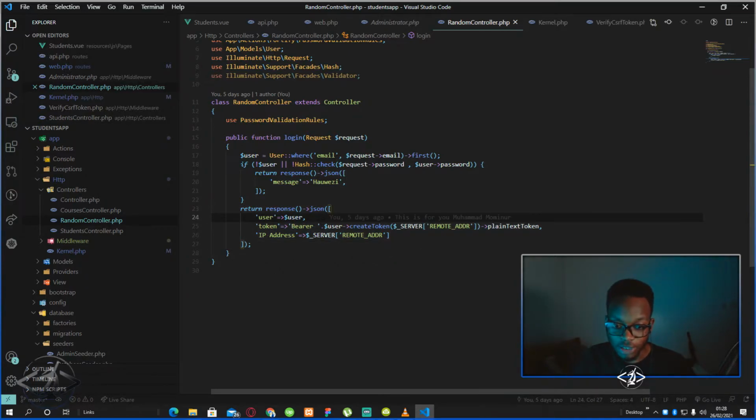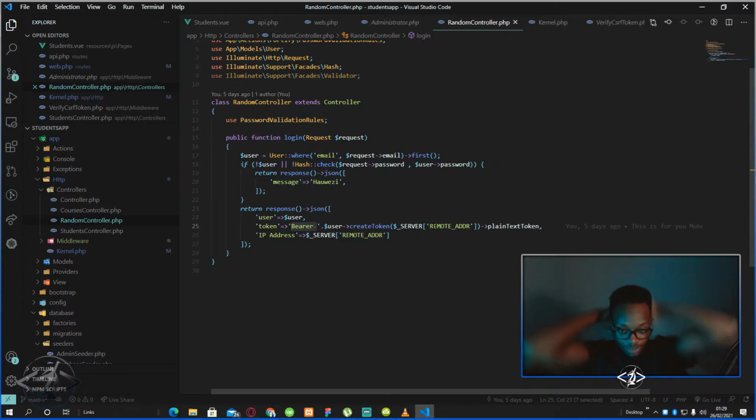Now this is the function that you need to actually know, and it's on the documentation for Laravel, so you can go and check it out. This is a bearer token: I've written Bearer, then a space, and then joined it with the user's createToken and so on.